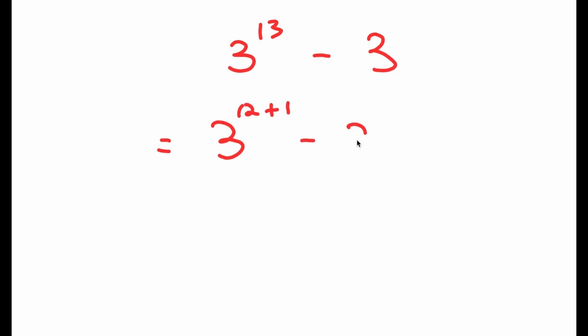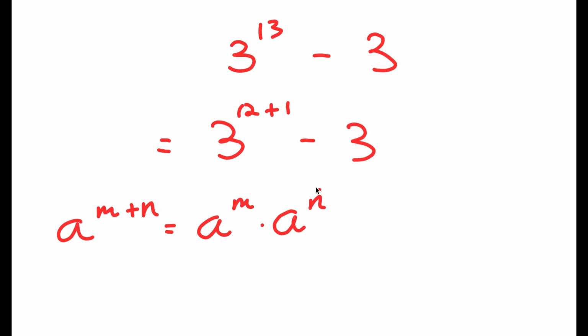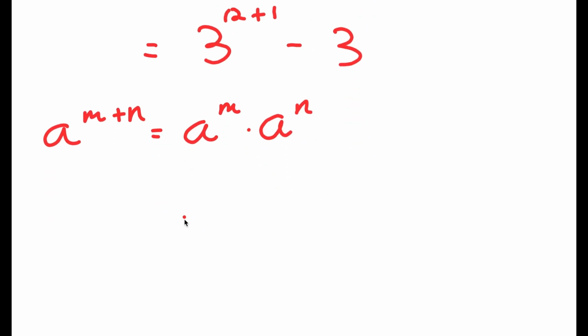Alright, so in this video, I'm going to solve the problem 3 to the power of 13 minus 3. I'm going to first start by rewriting 3 to the power of 13 as 3 to the power of 12 plus 1. And if I have something in the form a to the power of m plus n, this is equal to a to the power of m times a to the power of n. So 3 to the power of 12 plus 1 is going to equal 3 to the power of 12 times 3 to the power of 1